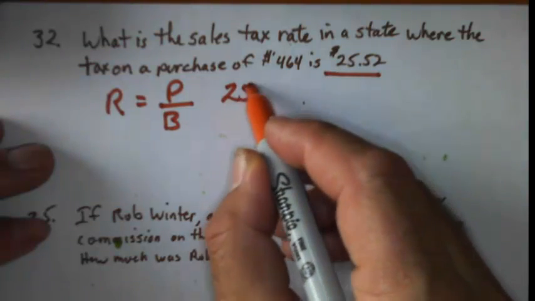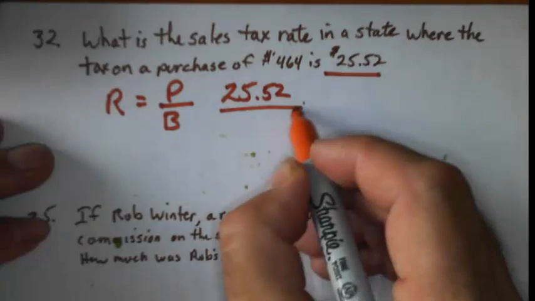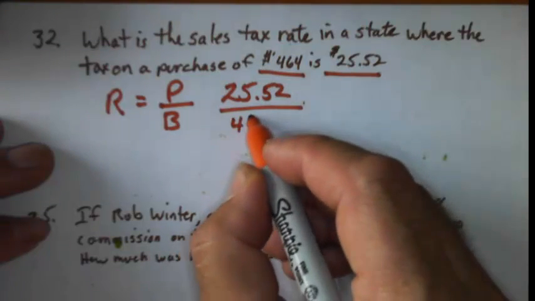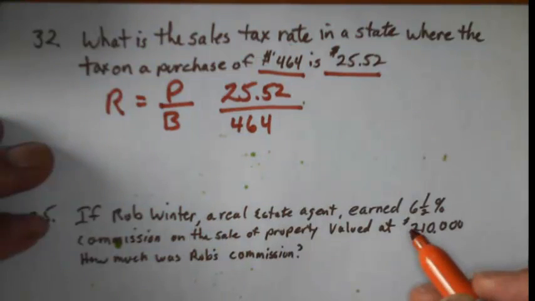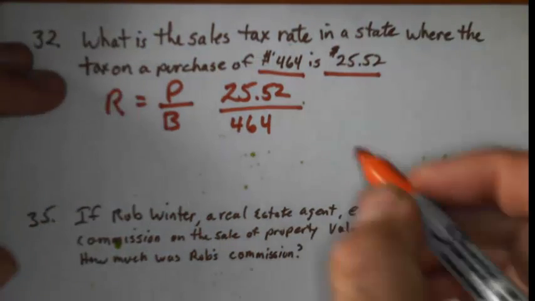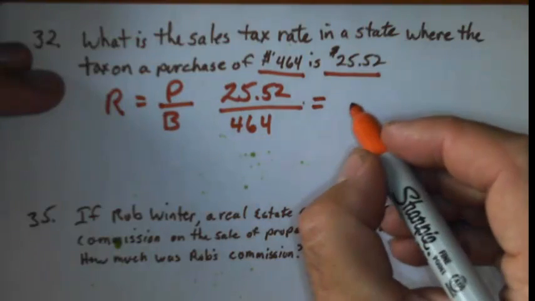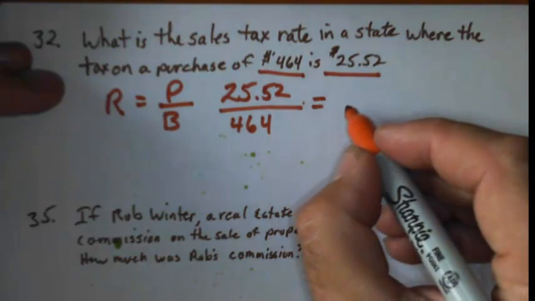The 25.52, the base, or the whole thing. Base is really that whole thing, remember. 464, that's going to go on the bottom. And so this is just a division problem. Top divided by the bottom. Calculator is fine. So when we plug that in, we're going to get